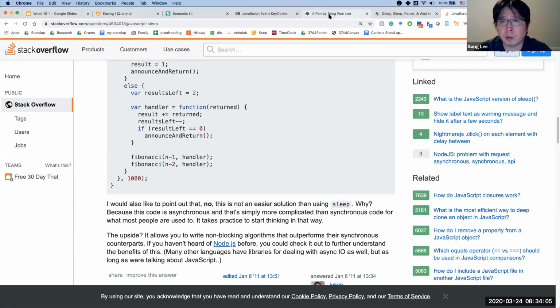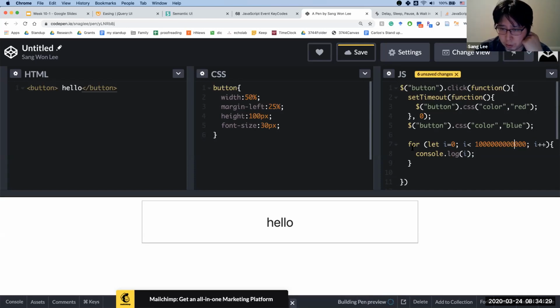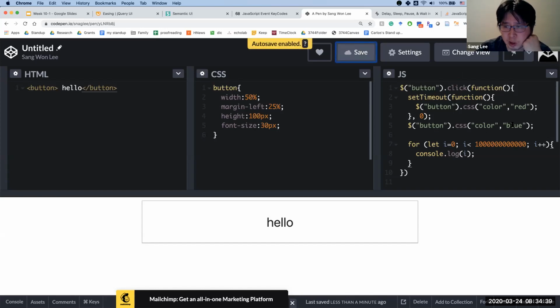What if I have some large loop that I'm having to run here, obviously. So I added a pretty large iteration, and it's going to be synchronous. So let's see. Maybe we'll be able to see the blue one. So if I click it,